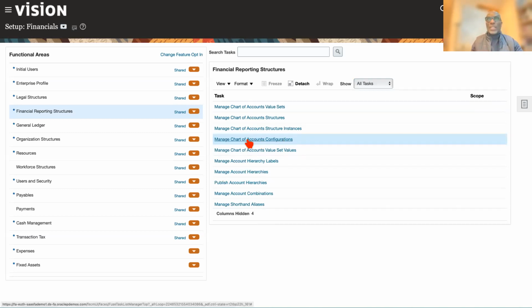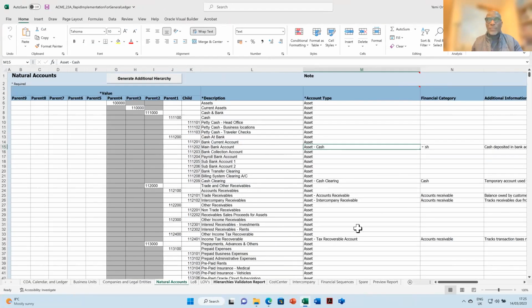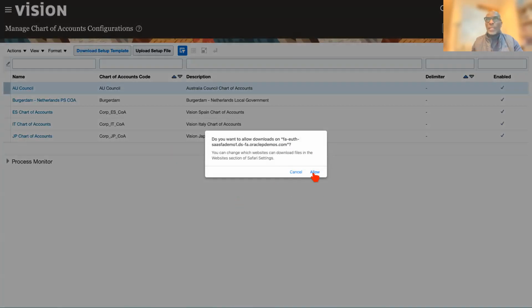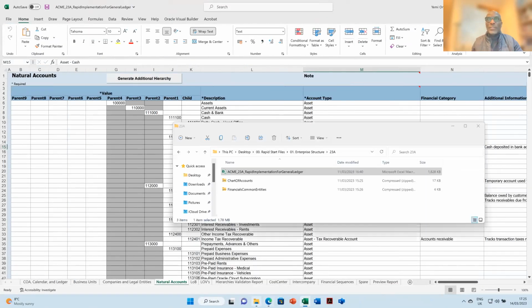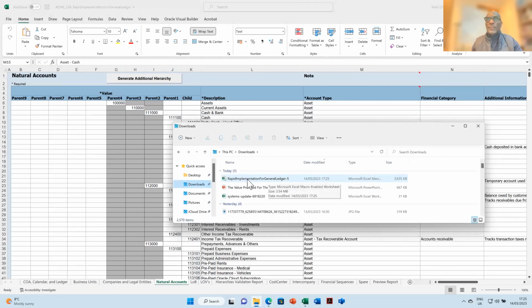If you select manage chart of accounts configurations, it would open up a page which will allow you to download the spreadsheet that you can use to then create this file that we have here. So I'm going to download the template. This is the setup template. If I click on download, it will just download the Excel file. Let's go into the downloads area. So that's the file here. If I open this file,